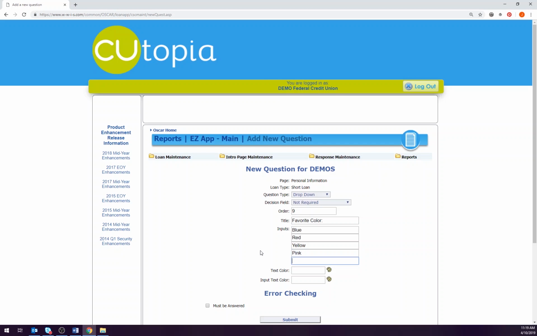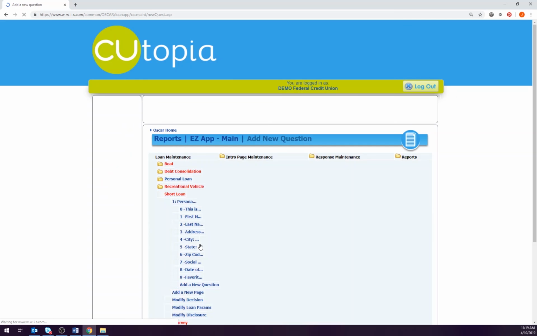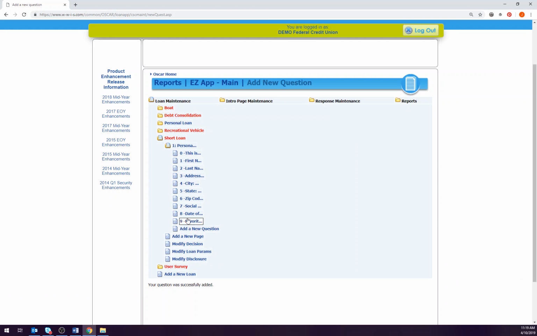Now, we only have 5 spaces here. What if you wanted to create more options than just 5? Well, go ahead and submit this, and your question will be created. We can see that as question 9, favorite. If we click on it,